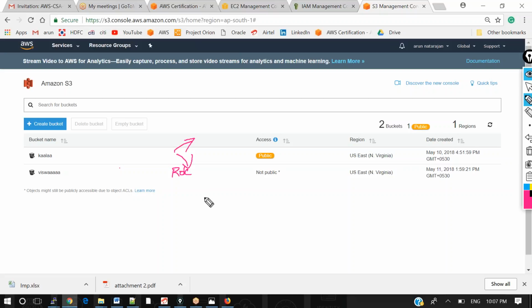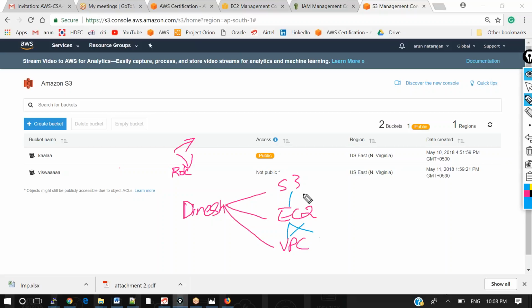Let me put it in this way. Now Dinesh has access to the S3 bucket, and he also has permission to access EC2 and VPC. But the thing here is that S3 and EC2 cannot communicate, and EC2 and VPC cannot communicate.